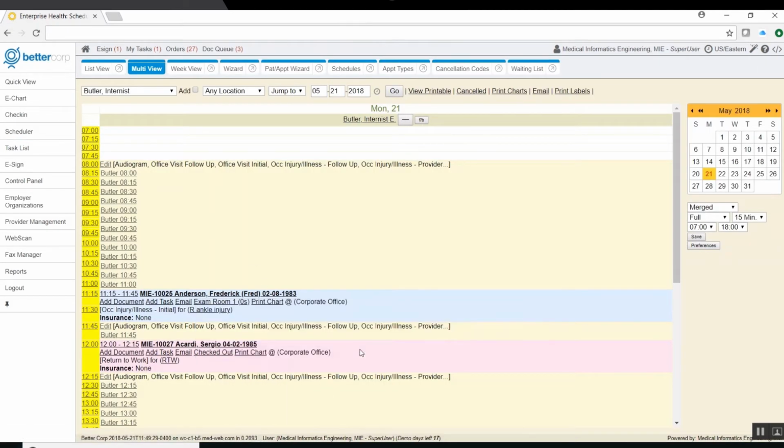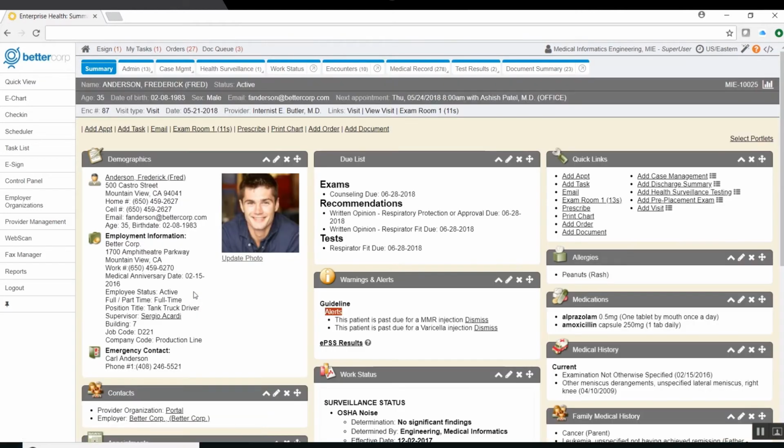Once you move them to an exam room, the system will start over and it will keep track of how long they've been waiting in that specific room. To go to their chart, click on their name. This will take you to the summary, where you can review all of their past medical history and recent visit